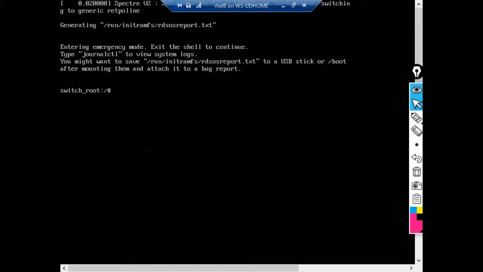It's something like an emergency mode, where the system will jump into a root prompt. You can see the hash prompt, that is nothing but a root prompt, where we have full privilege.